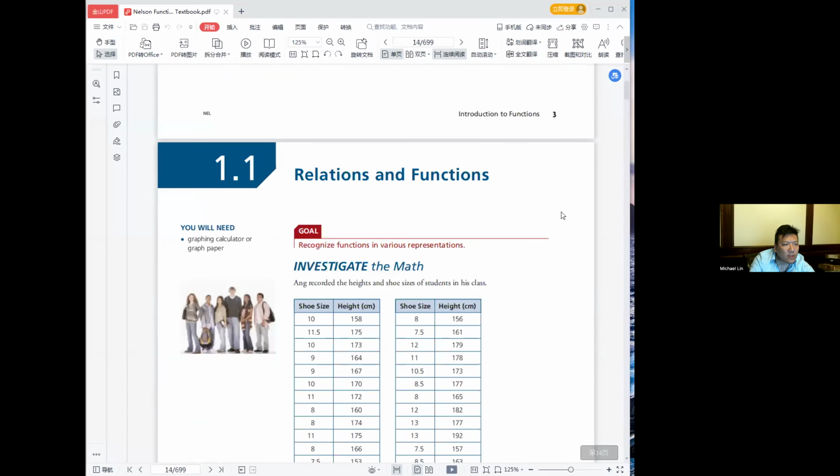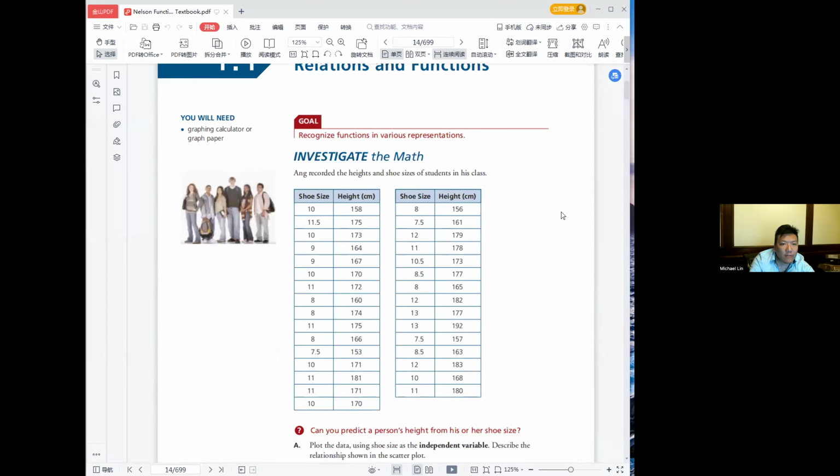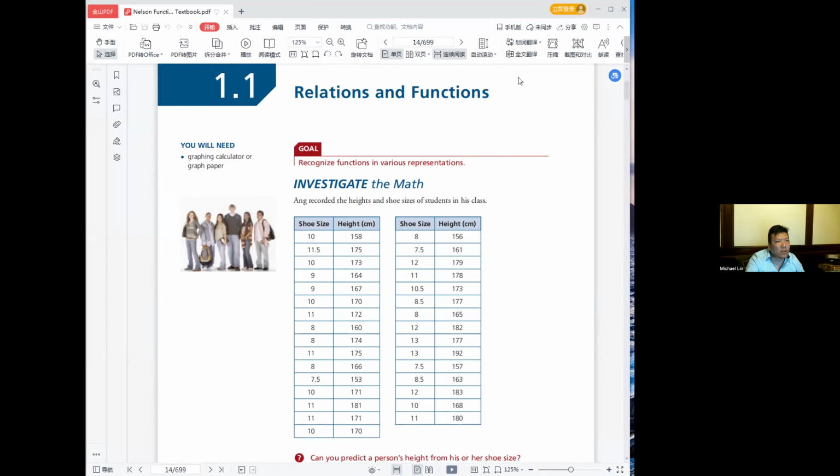A function is basically just any graph that you can plot, okay? So all of the graphs that you have learned in grade 9, including the linear and the parabola, the quadratic, okay, these ones are all considered to be functions. Okay, and pretty much any graph that you can draw